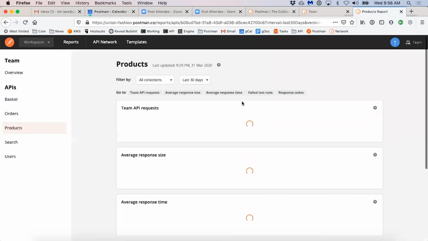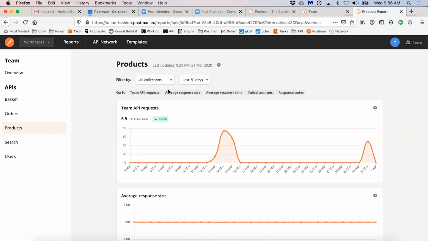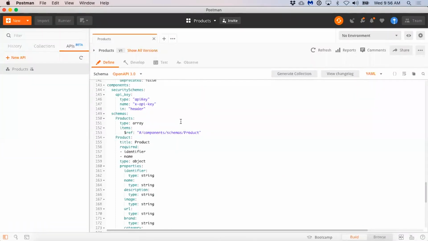Jeff regularly comes in here and takes a look at the reporting by API and can actually see what's going on, what requests have been made, how things are operating, as well as check in at the team level and understand what's happening at the team level. So this gives Jeff the visibility that he's hoping for across all APIs and across the teams involved with that API development, helping him stay in tune with what's happening and keeping tabs on what's going on.